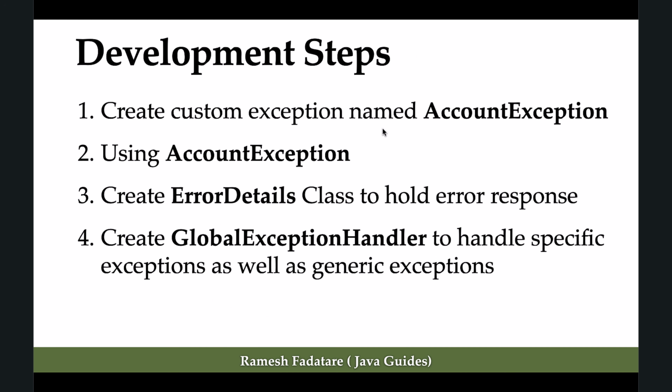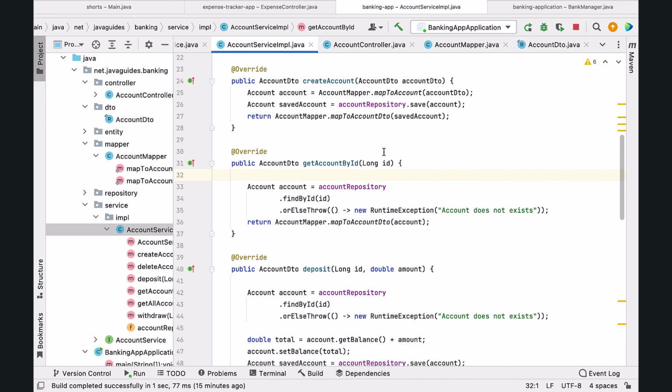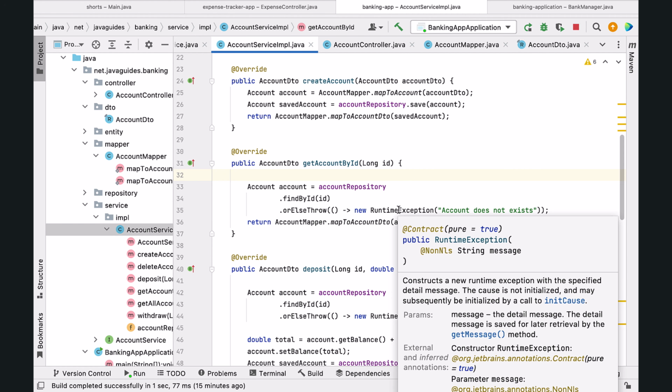Hi everyone, welcome back. In the previous lecture we had a quick overview of how to handle exceptions in a Spring Boot application. Before handling exceptions in a Spring Boot application, let us understand Spring Boot default exception handling. If you go to our project in IntelliJ IDEA and go to the AccountServiceImpl class, within that go to the getAccountById method. Within this method, we have written logic like, if the account ID does not exist in the database,